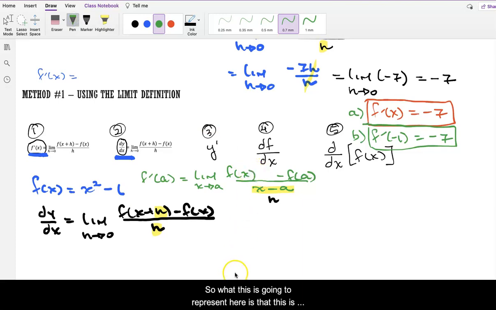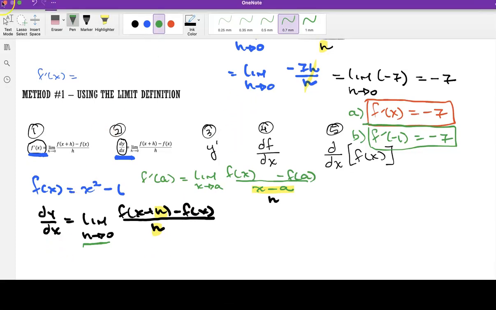So what this is going to represent here is the secant lines. And what we're trying to do is get closer and closer and closer to the tangent. And that is what this is doing, driving those secant lines to get closer and closer to the tangent. And just like we saw above here,